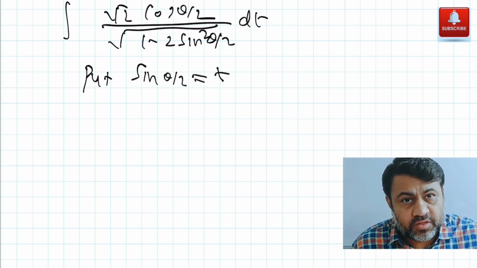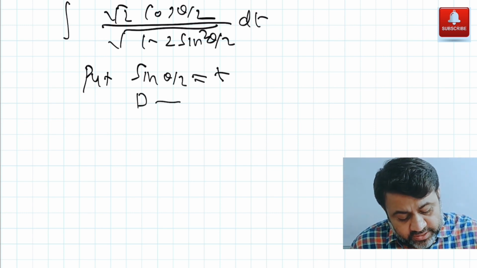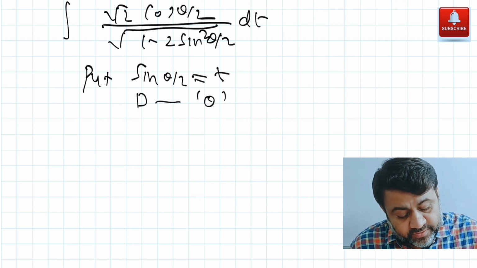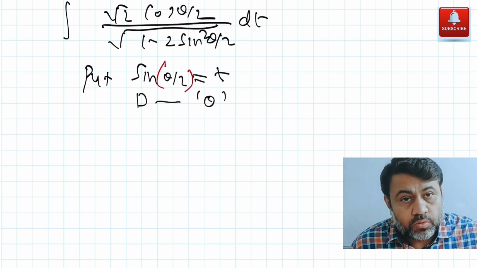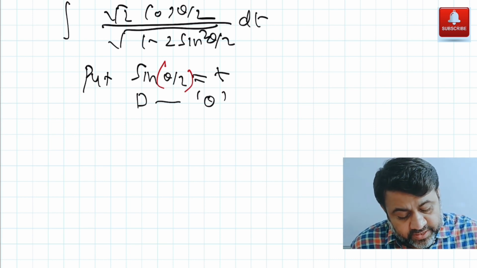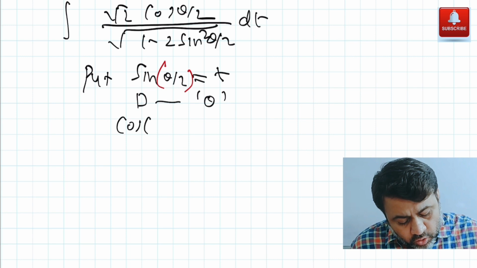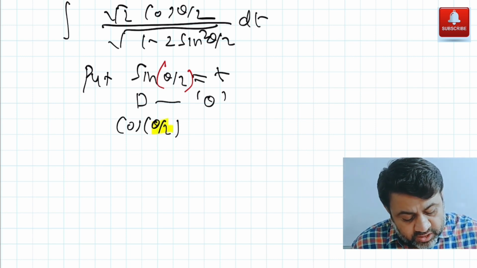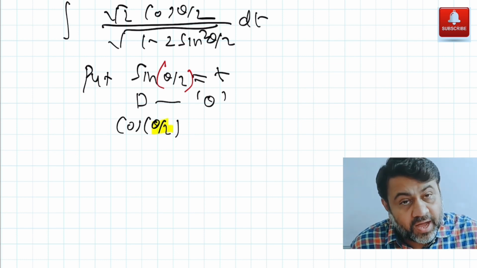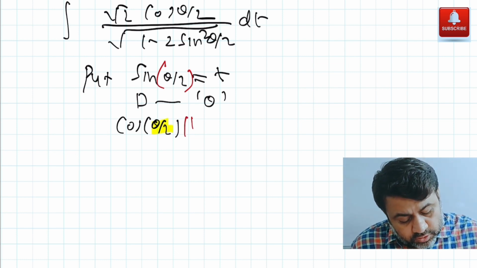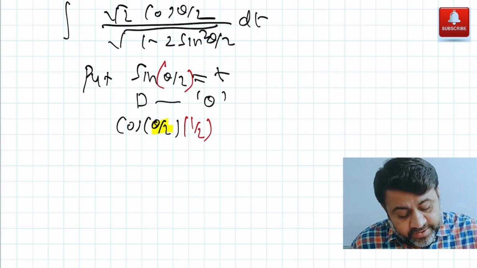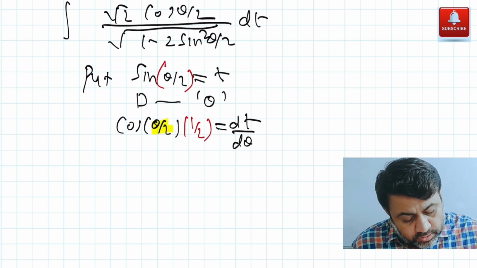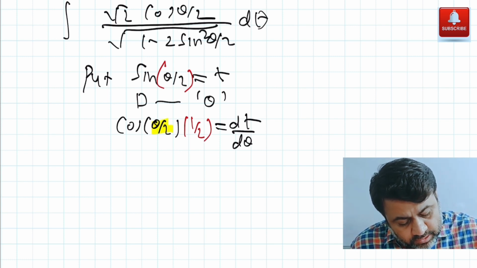If I take sin theta by 2 as t and if I differentiate with respect to theta, derivative of sin theta by 2 क्या होगा? Derivative sin theta by 2 में chain rule भी apply करना पड़ेगा. First of all, derivative sin theta by 2 will be cos of theta by 2. Now chain rule apply करेंगे, we need to take derivative of theta by 2. Again derivative of theta by 2 will be half. ठीक है, so this is going to be half and derivative of t with respect to theta will give me dt by d theta. ठीक है, so यहाँ पे theta आना चाहिए था d theta.